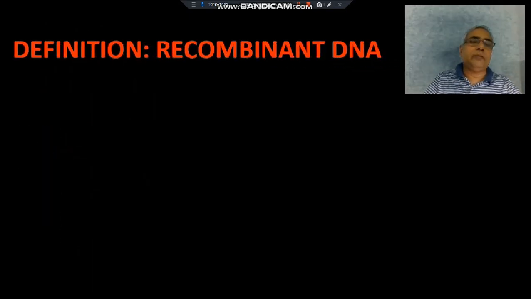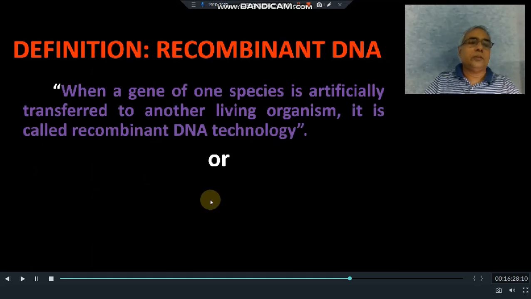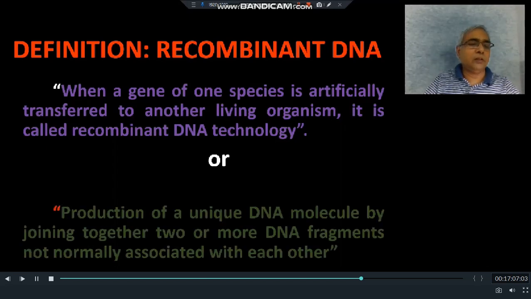Now, how can we define this recombinant DNA technology? When a gene of one species is artificially transferred to another living organism, it is called recombinant DNA technology. Means जब किसी जीन को एक ऑर्गेनिज्म से दूसरे ऑर्गेनिज्म में ट्रांसफर कर दिया जाता है और फाइनली वो कॉम्बिनेशन सस्टेन करने लगता है, देन दैट टेक्नोलॉजी इज टर्म्ड एज रिकॉम्बिनेंट। जिस प्रोसेस के द्वारा ये ट्रांसफर किया गया, उन्हें पहले सेपरेट किया गया, फिर जोड़ा गया और फाइनली एक किसी बैक्टीरिया में या दूसरे सेल में ट्रांसफर किया गया, देन दैट टेक्नोलॉजी इज टर्म्ड एज रिकॉम्बिनेंट डीएनए टेक्नोलॉजी।